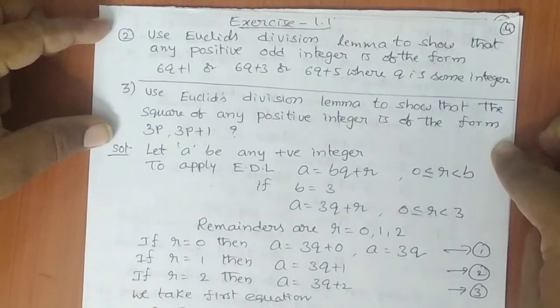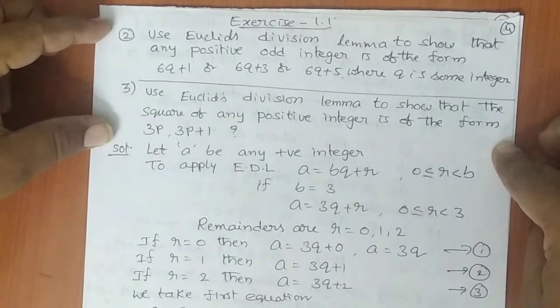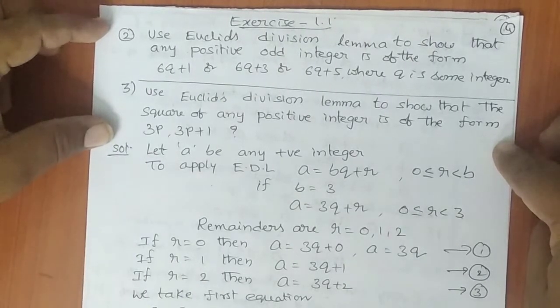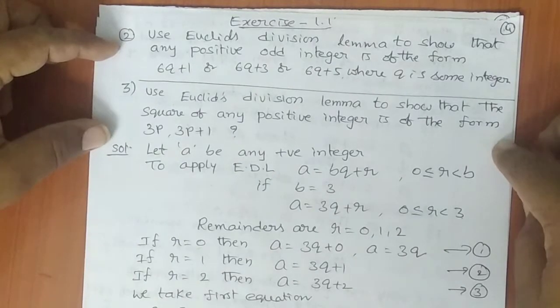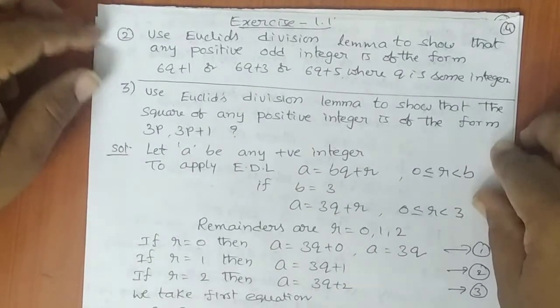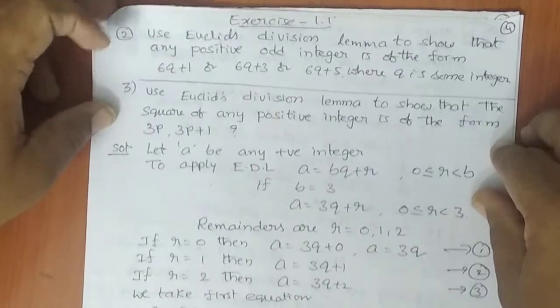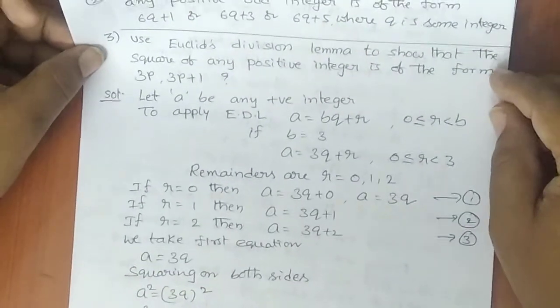lemma to show that any positive odd integer is in the form of 6q plus 1 or 6q plus 3 or 6q plus 5, where q is some integer. Okay, same method as example 1, example 2. So the second problem is as it is. Okay, to solve it. Next, in the exercise, third problem, we know that